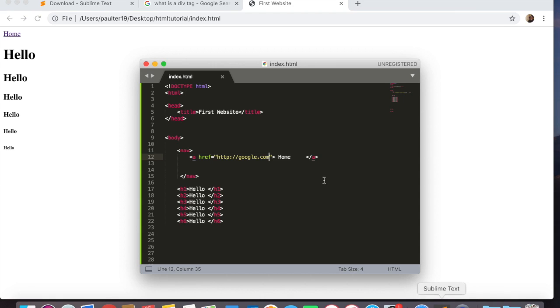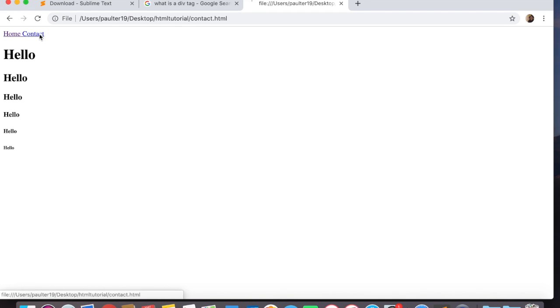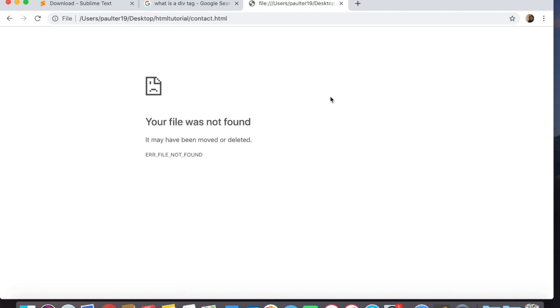So what we want to do is go back and we'll do index.html again, and then we'll create another link, and this one will go to contact.html. We're going to call it contact. Alright, save and reload. Now if we try to click contact, it says your file was not found because we haven't created a